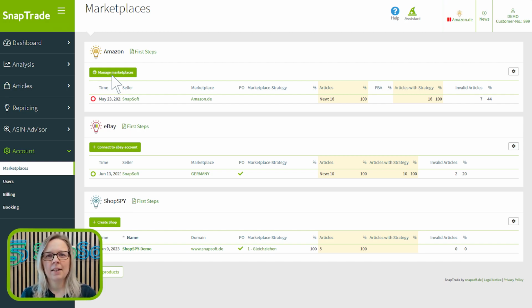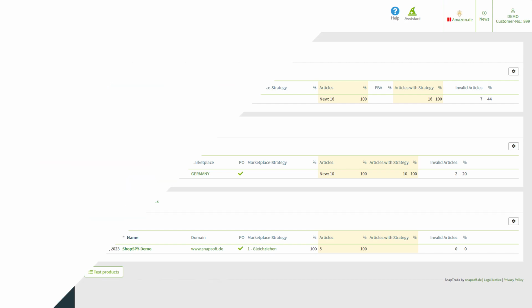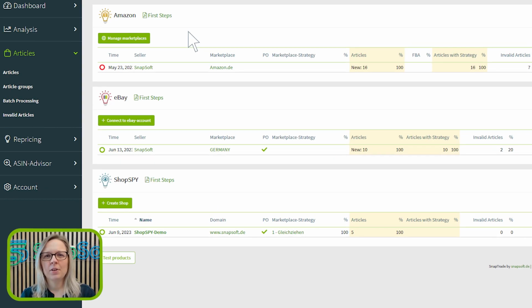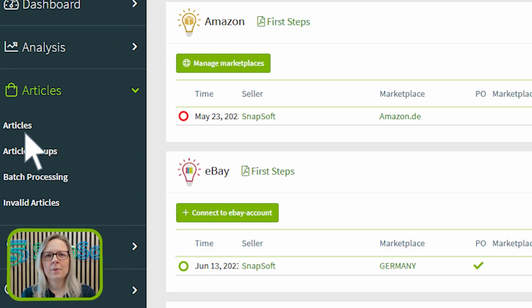I have connected my account and all my items have been loaded. As a result, we are now able to proceed with this setup process. In order to get a comprehensive overview of all your items, please navigate to the Item Overview section, which can be found under the Items tab, Items submenu.